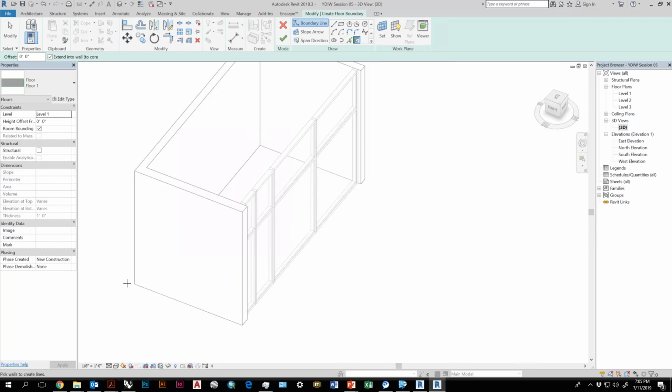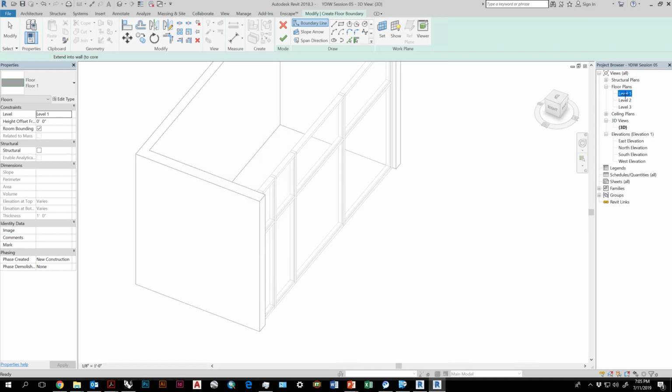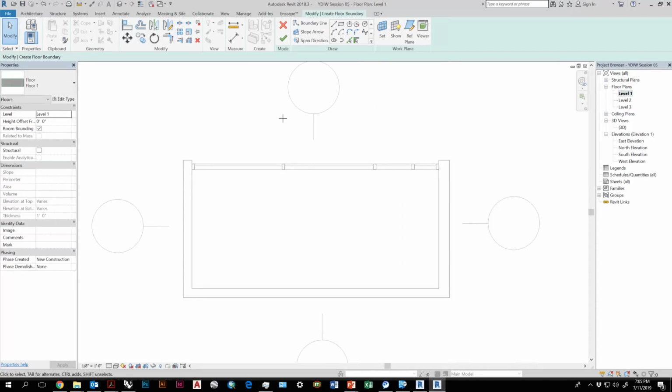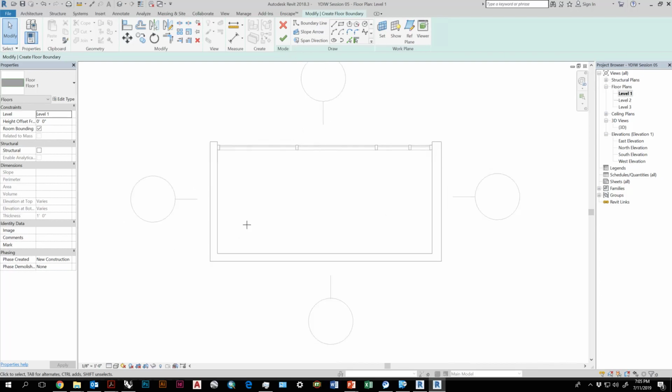You can start drawing a floor in 3D view, but it's definitely best to draw the floor in one of your plan views. So I went to level 1 plan. Right now I'm in sketch mode, which puts Revit in a different type of mode. Certain tools will be unavailable to you while you are in sketch mode until you finish sketch mode. Sketch mode will require you to have only closed objects. If there are any gaps or openings anywhere in the sketch, it will give you an error, right? So that's one example of Revit saying, hey, no, fix this, and it'll tell you exactly what you need to fix, and then you can do that.